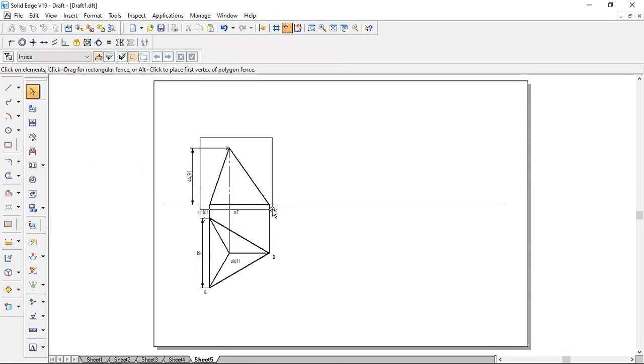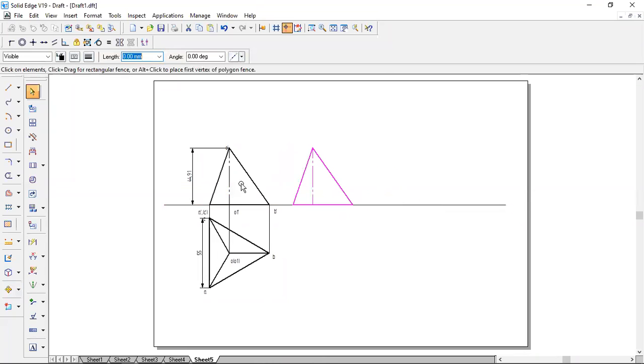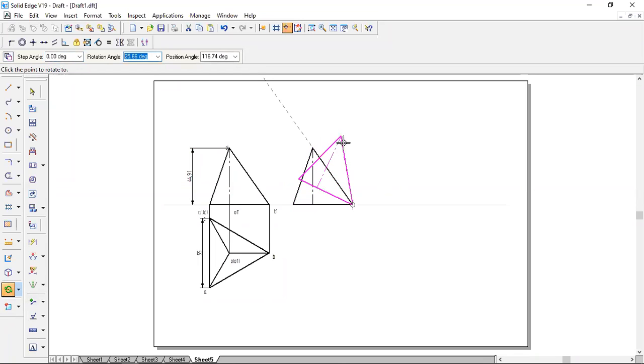So what we do is we need to draw, move with copy by picking this B dash on the reference line XY. Then we need to rotate this line. How much should it be? It should be 50 degrees. So you need to draw 50 degrees in the sense here.